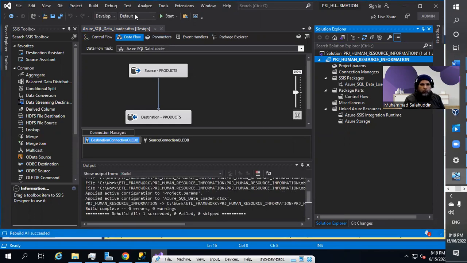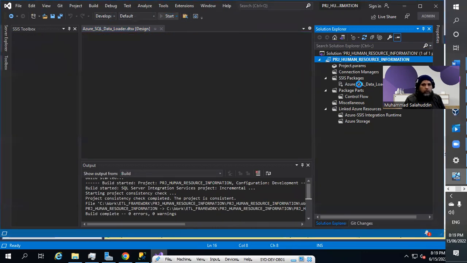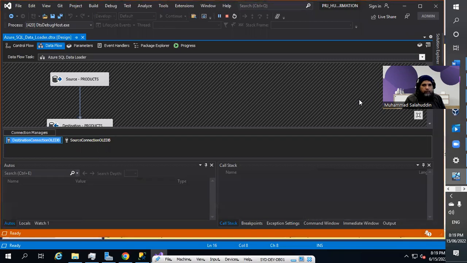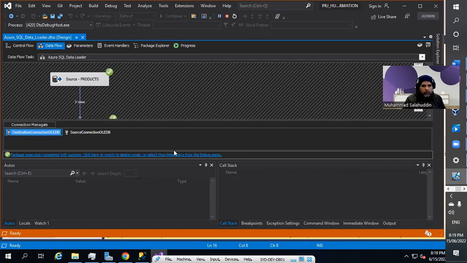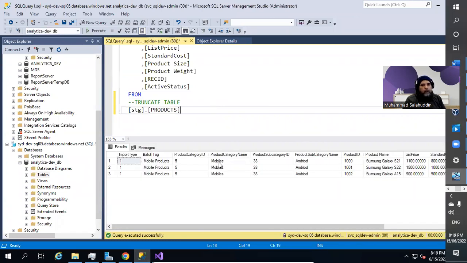We are ready to run the show. So let me just hit start. You can press F5 to run. And whatever package has been set as a start item, that package is going to be executed. Excellent. So it has loaded three rows. And if I come in here and rerun, voila, I have three rows inserted into my Azure-based